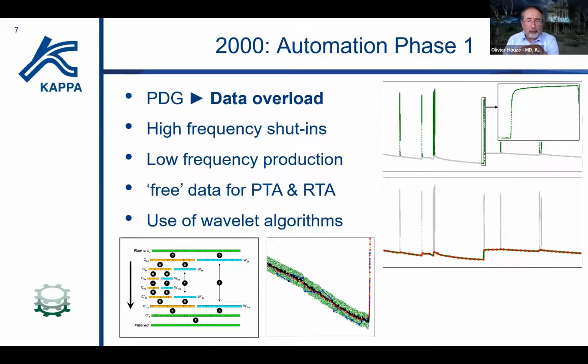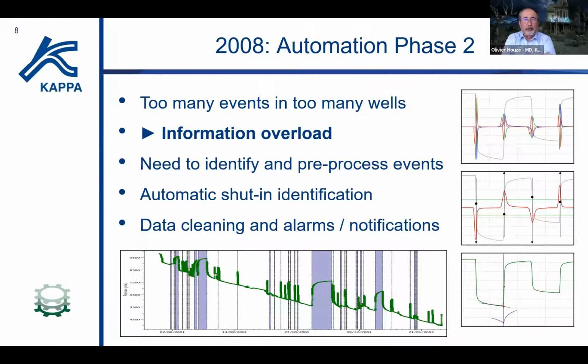And it was reasonably successful until we got to the limit of that, a few years later, when with the spread of permanent measurements all over the place, and the fact that each engineer was getting the responsibility of more and more wells, we ended up with another overload, that was information overload. Too many things were happening in the reservoir, and in fact, the engineer didn't have time to do a proper